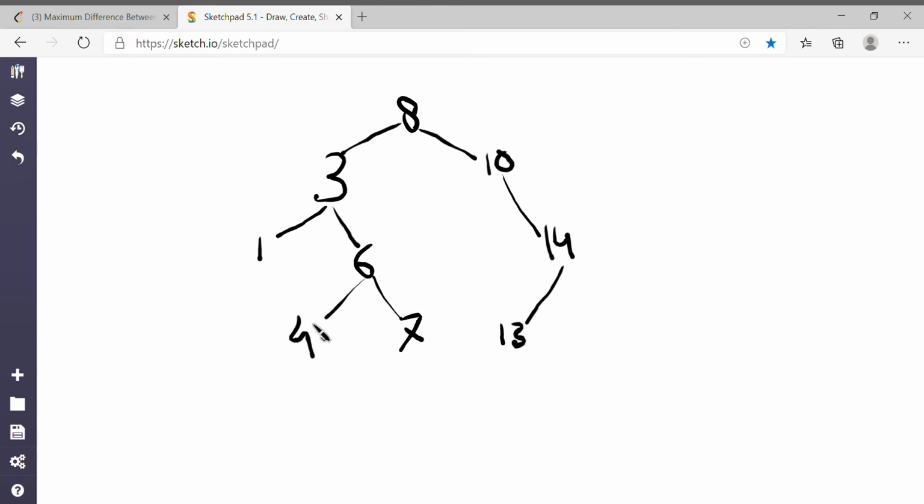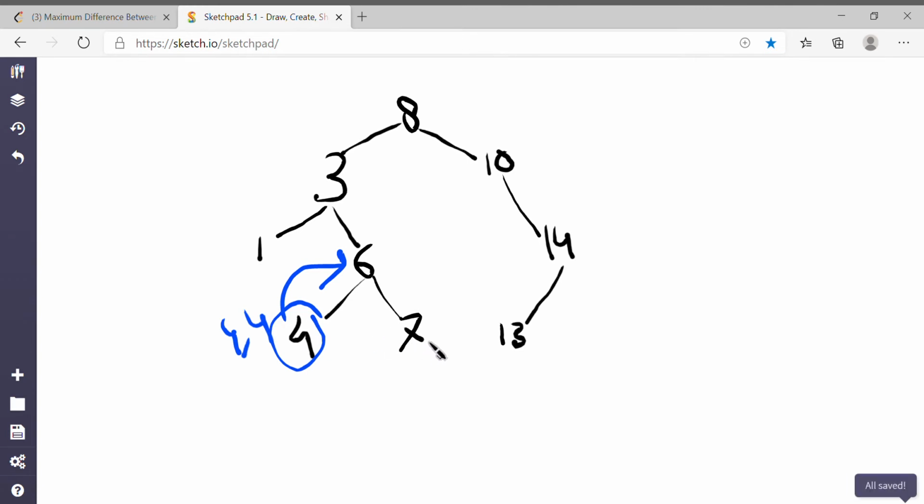Let's suppose that right now we are at 4. For 4 there is no left and right child, so simply we will tell the parent that the maximum and minimum value is 4.